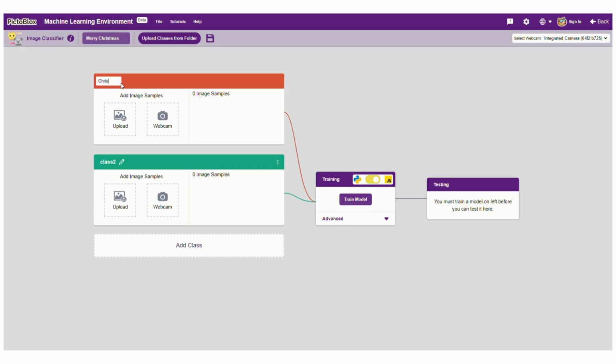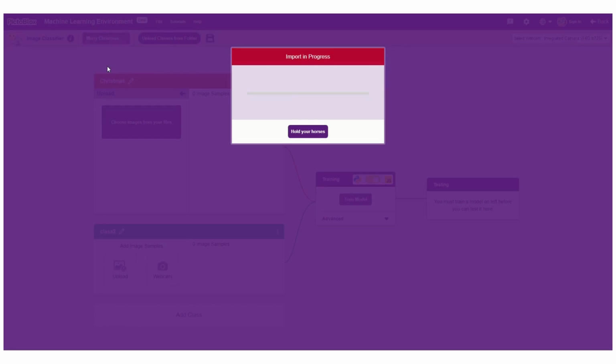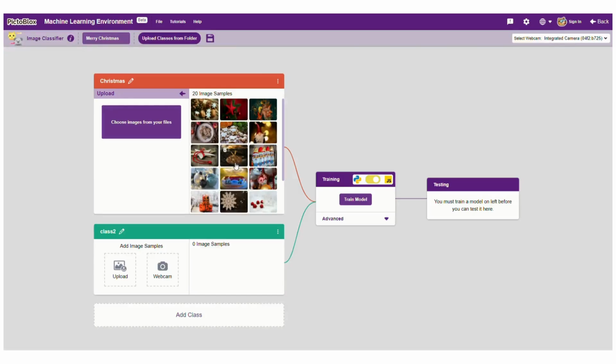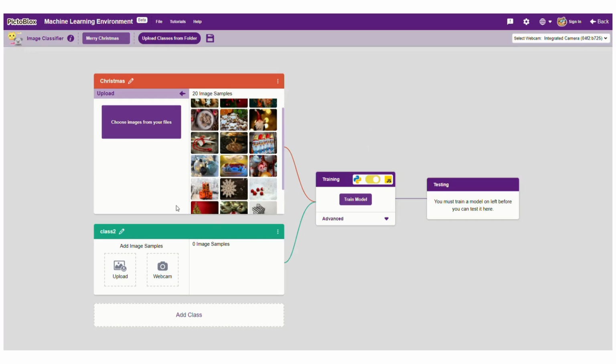You can also have your students make cookies, photograph them, or photograph their own Christmas decorations at home. You would need about 20 pictures for your model that you upload to the program. So here you see our choice of Christmas pictures, and we do the same thing for a second class,